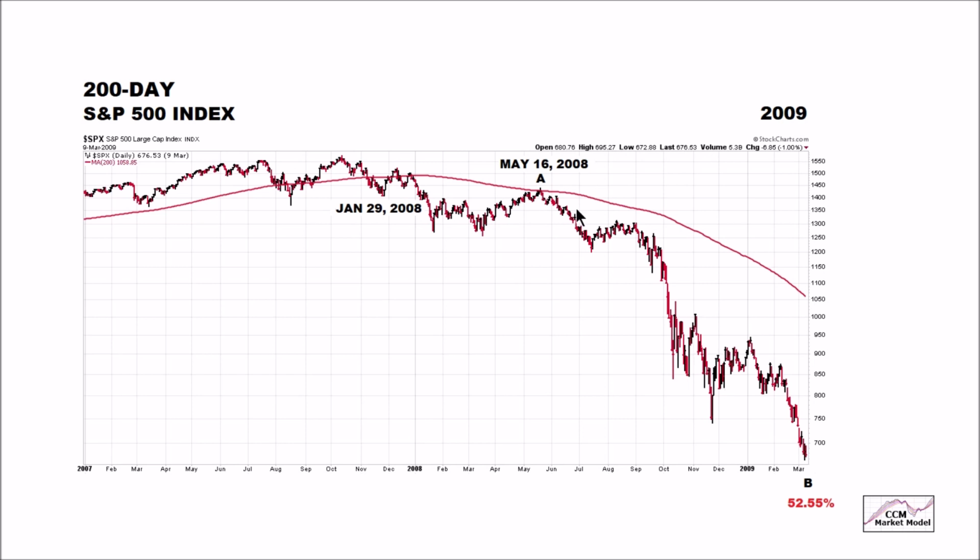With the benefit of hindsight, this is one of the best add to your defensive positions, add to your shorts entry points in the history of mankind. A market with a weak profile rallies back to a downward sloping 200-day moving average and fails spectacularly. The additional loss from this point here to the low was 52.55%,